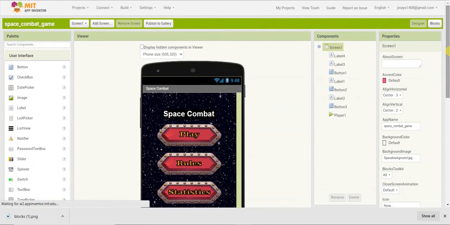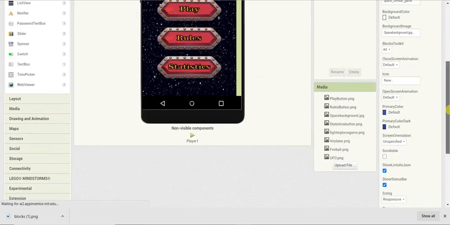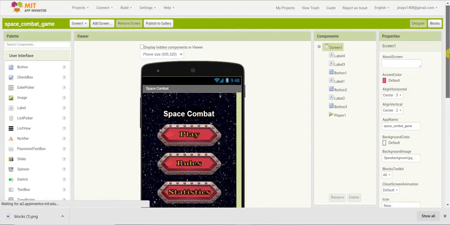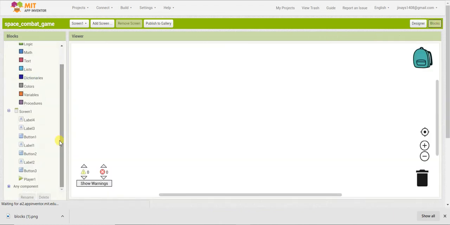Since the audio file was too large, I haven't uploaded it, but you can upload that. I'll even show you how to code for it if you are adding any audio file. Now let us go to the code area.